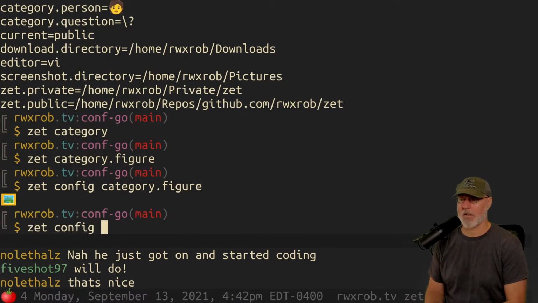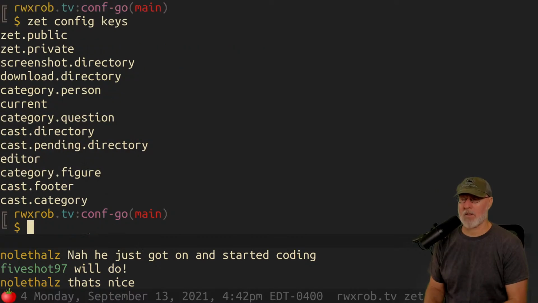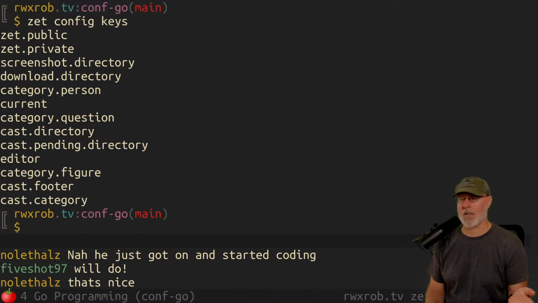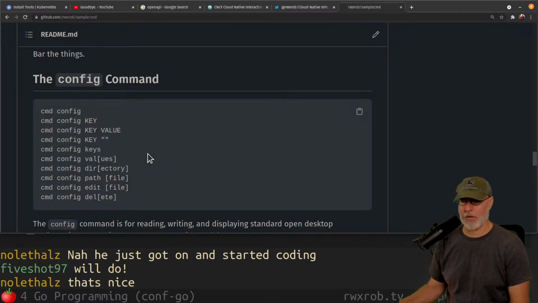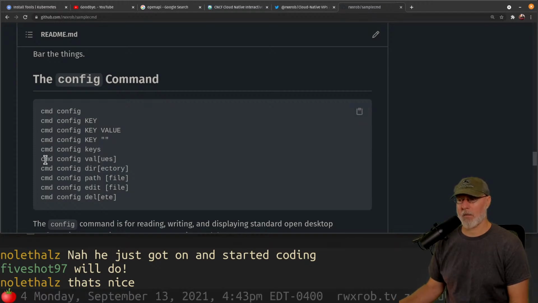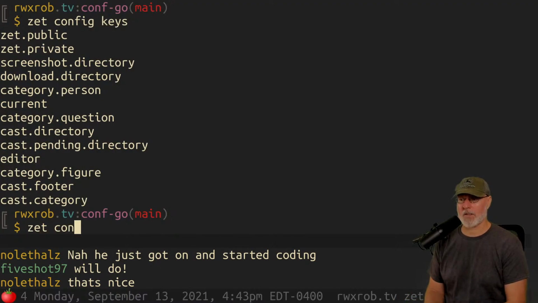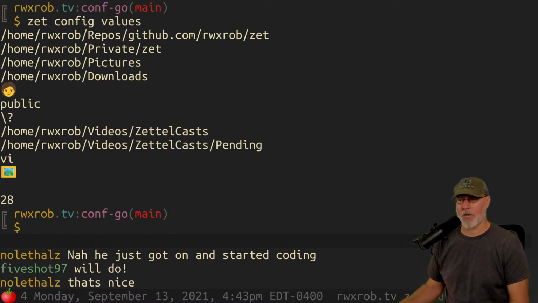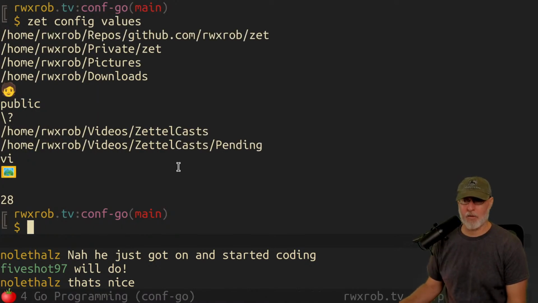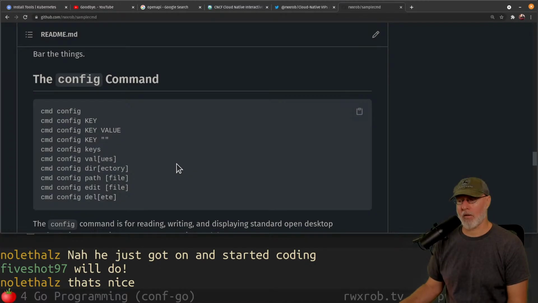So that's config keys. Since this is in my template, any bash script that I make that uses the template gets it for free without a dependency. It doesn't have to download or source anything. It's all built in. Then the get command, config values. If I want to do that, Z config values. This is one of the reasons I did this project first, because I already have it finished. I can demonstrate its behavior before we get into the Go coding version of it.